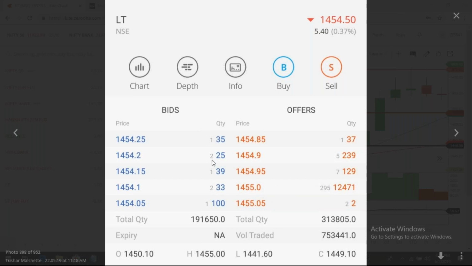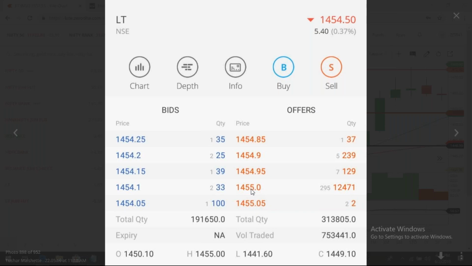If the usual quantity is 100, and you see more than 1,000, 2,000, 3,000, or 12,000 at a particular price on the offer side, whenever 14:55 breaks,